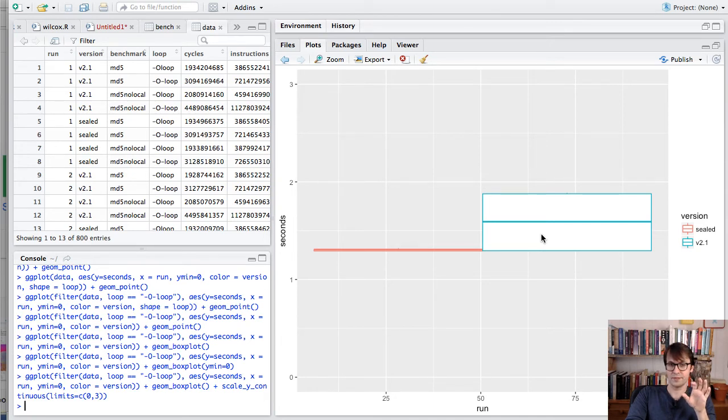there was a bit of a spread on the v2.1 and not here, and I guess this was obscured by the way that we were drawing things, so we saw a lot of red dots and there were probably some blue ones underneath that. So I would imagine that this spread is because of some factor that is in our CSV data. It's just something we haven't put in our model yet. So what was it that we missed up until now? It was which benchmark we're running. Are we doing the no local one, or are we doing the normal one? Let's put that in as